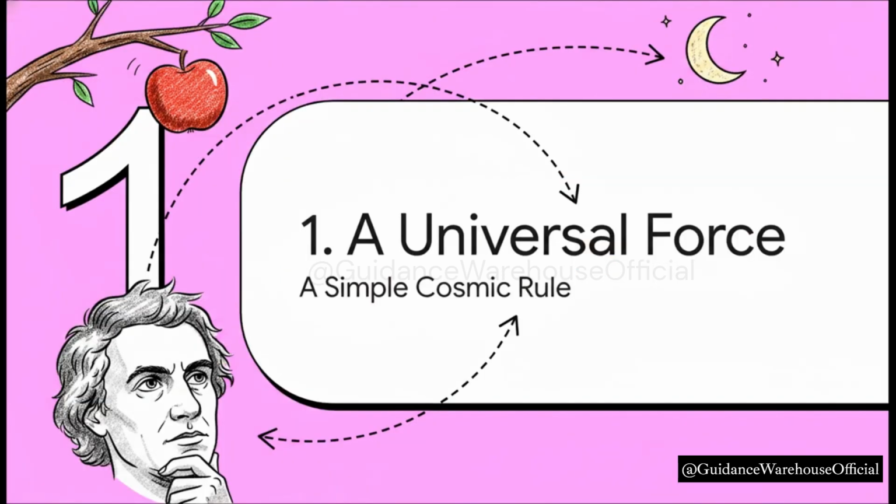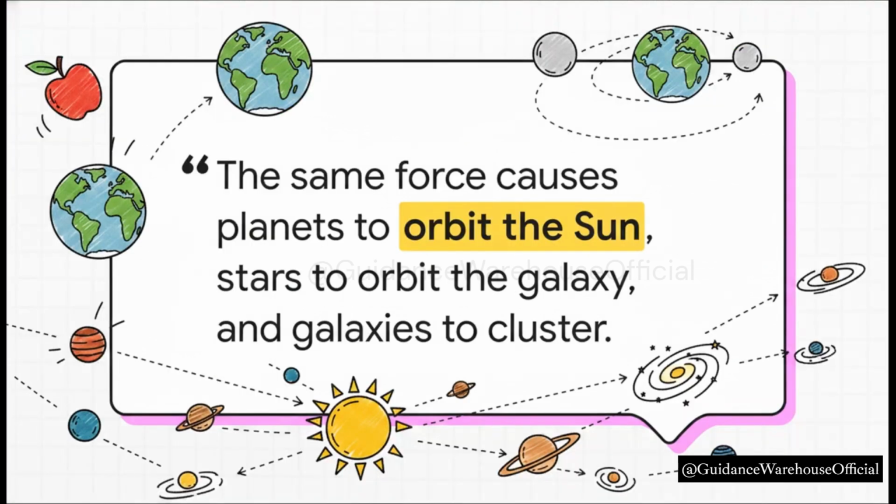You know the story, right? Sir Isaac Newton sees an apple fall from a tree, and it triggers this absolutely revolutionary thought. If gravity can pull an apple from the top of a tree, could that same pull reach all the way out to the moon? And this is where the true genius kicks in. Newton realized that the force yanking that apple to the ground and the force holding the moon in its orbit weren't two separate things. Nope, they were one and the same. A single universal force that is always attractive and works absolutely everywhere.